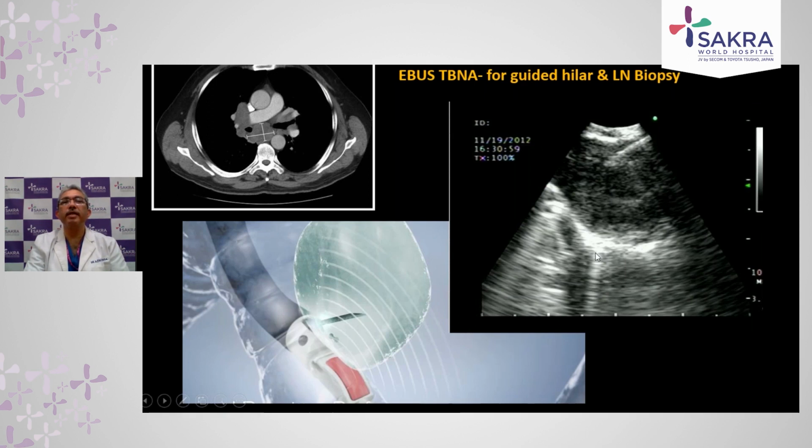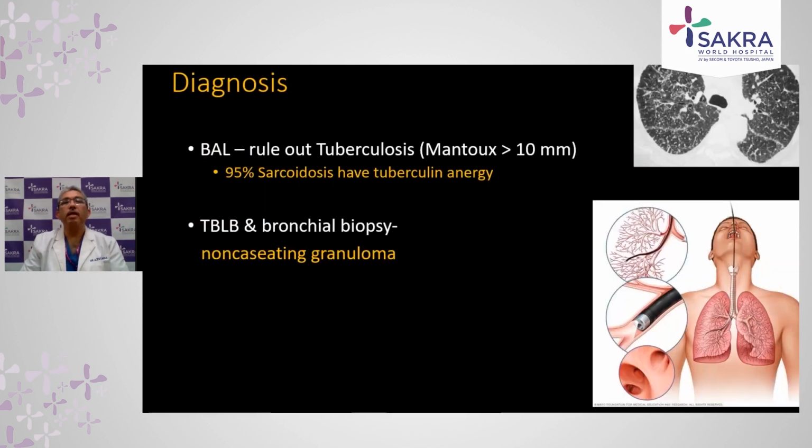And this is avoiding the major vessels which are close to this region, the pulmonary artery, the aorta, and the other branches of the pulmonary vessels. To diagnose sarcoidosis, one modality is to use the EBUS, but if there are infiltrates in the lung parenchyma, you